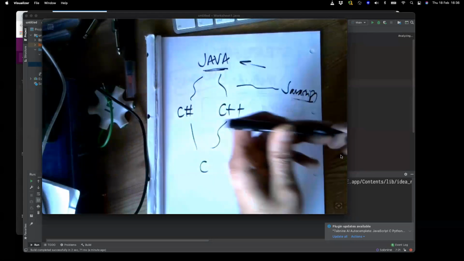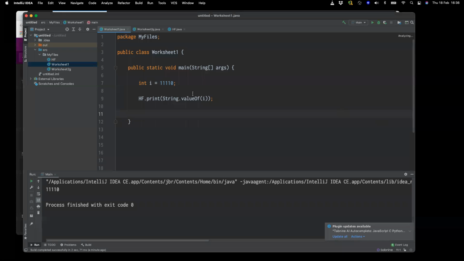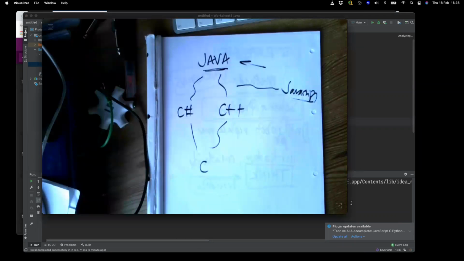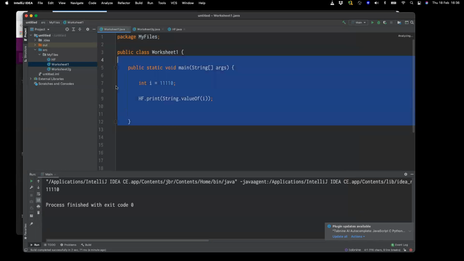All of these languages form a family and they all have very similar syntax. They all have semicolons to indicate the end of a line. They all have curly brackets. So my purpose in trying to stay away from things that are unique to Java would mean that you can take a block of your Java code, you could pump it through.